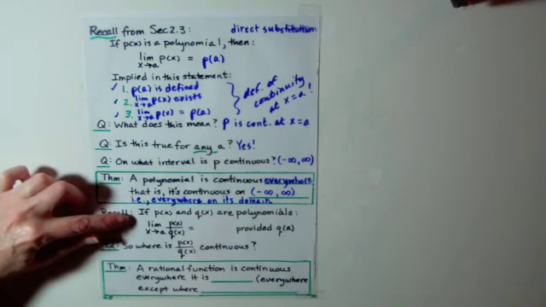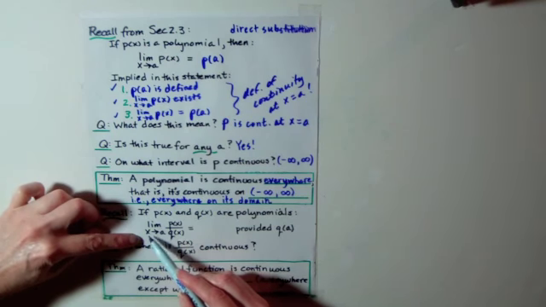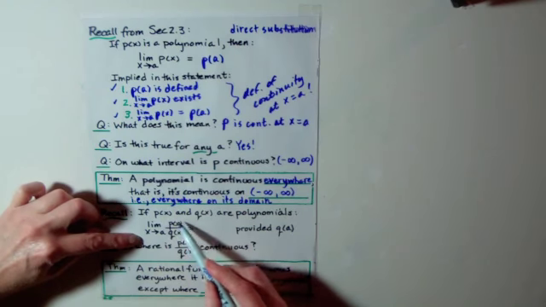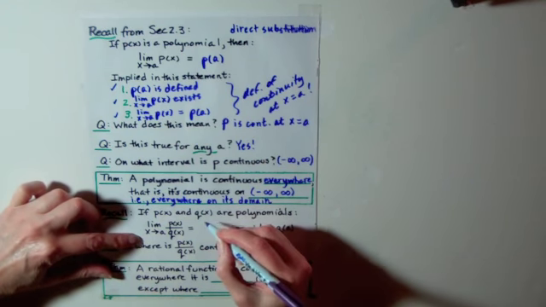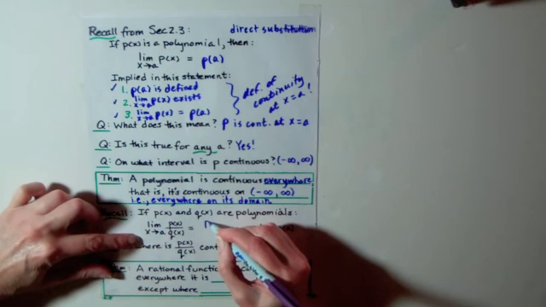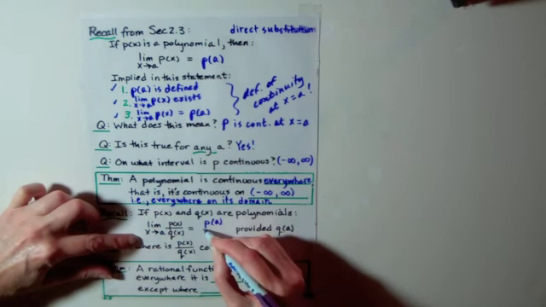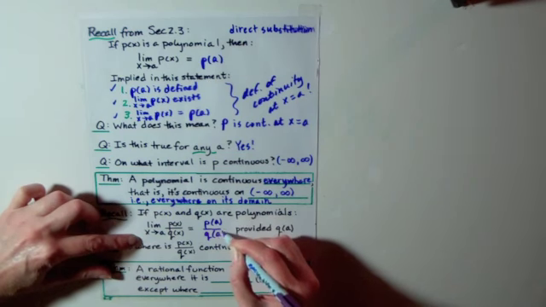If p of x and q of x are polynomials, then when we want to find the limit as x approaches a of p of x over q of x, remember that we are allowed to use direct substitution just like a polynomial. So to find the limit, all I do is replace all the x's I see with an a. So I would have p of a over q of a,